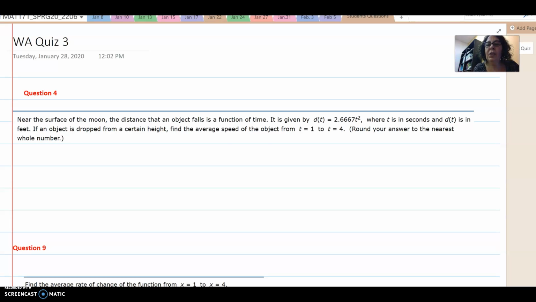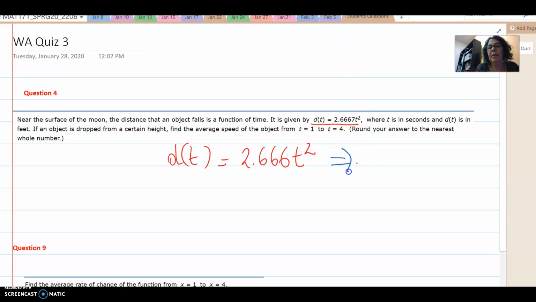So this is the function given for an object that falls, and t is in seconds. The function has an input of t, like x. You can think of that function as very similar to d of x equals 2.666 x squared. So we're going to find the rate of change between t equals 1